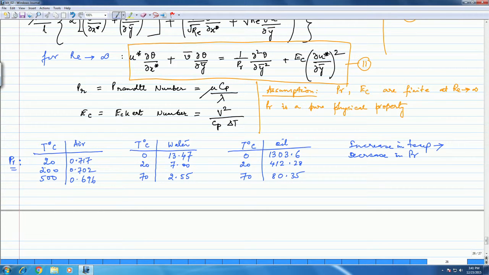So definitely, that's what we can see. So of course, Prandtl number is directly proportional to the coefficient of viscosity, hence we see this. Now, the Eckert number, of course, is a measure of the